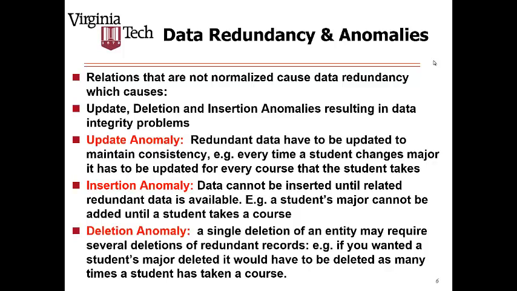Well, redundancy makes these anomalies. And so if we imagine that instead of storing each fact once, we store a fact multiple times, then that means that we're going to have to do some more work if something changes on that attribute. So an update anomaly is when our database has this characteristic where we have stored data redundantly,